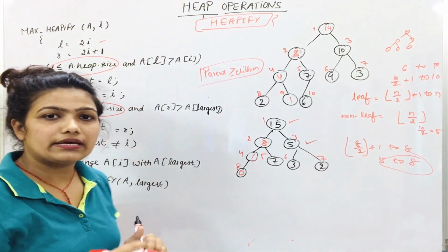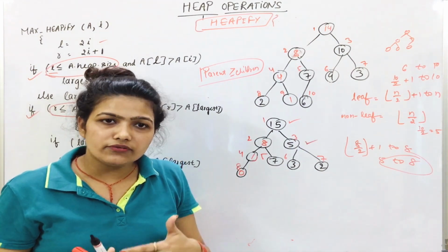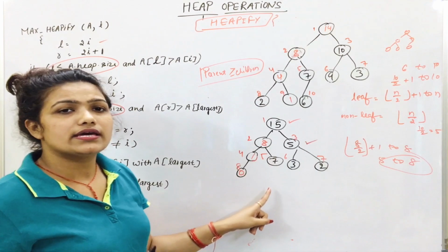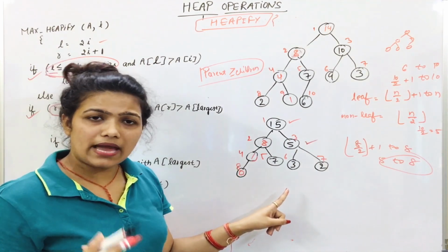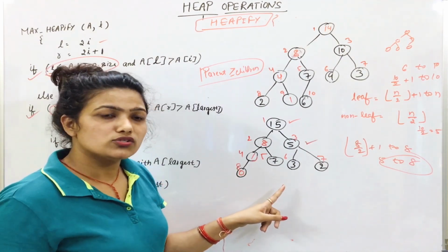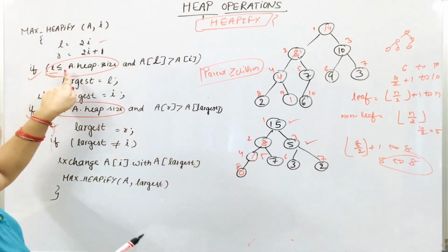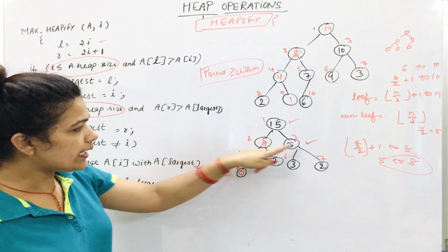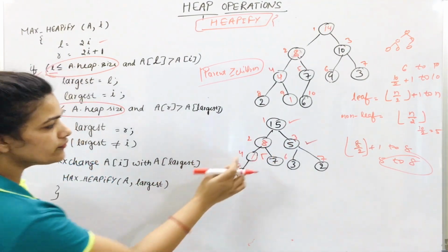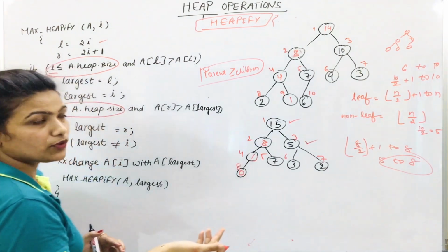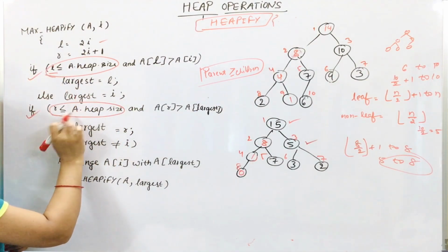These are just to check whether we are talking about a leaf node or a non-leaf node. As I have already told, a leaf node is by default a max heap or min heap, so we don't have to check for leaf nodes. We will proceed only if these are internal nodes, simply because we will check the internal nodes only. Leaf nodes are already max heap or min heap. Simply, these two conditions are for that.